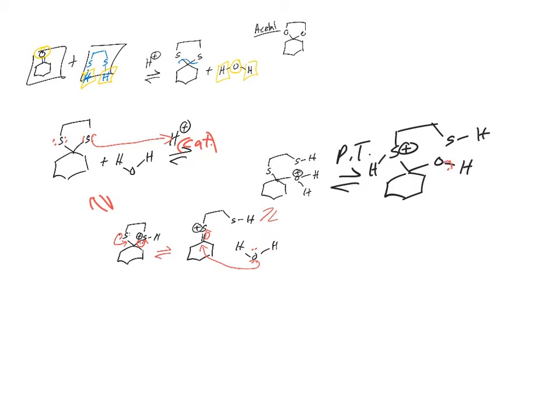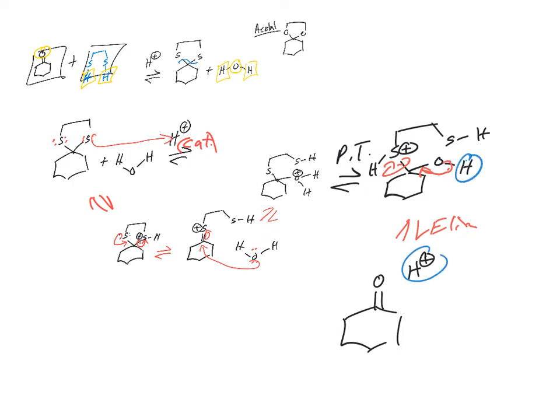If I break this OH bond and those electrons come down, I make that new pi bond, and I kick that sulfur out. I do that elimination. And what do I end up with? I end up with this, the H plus. Right, this H plus is this. And I also end up with the thiol